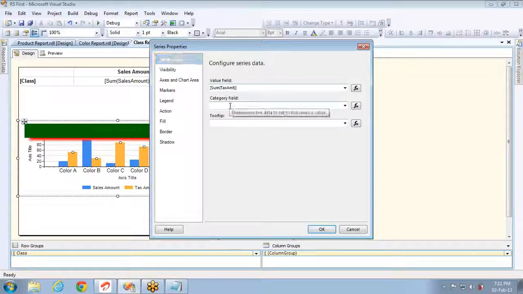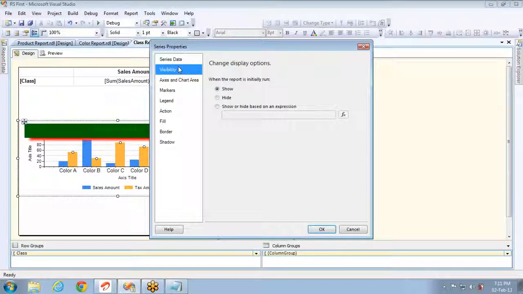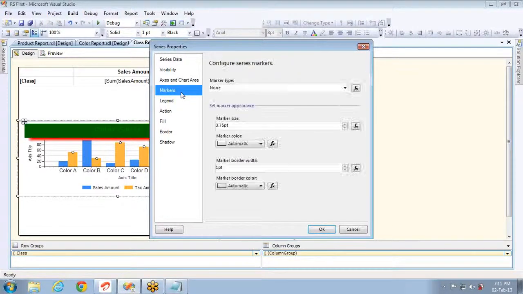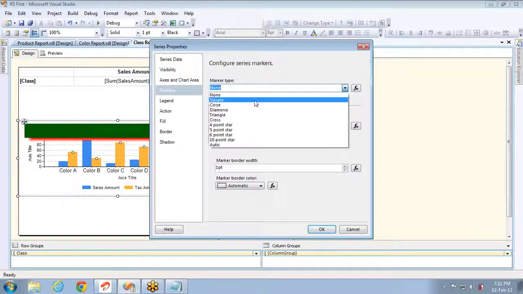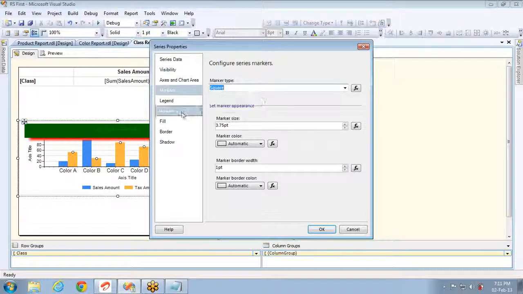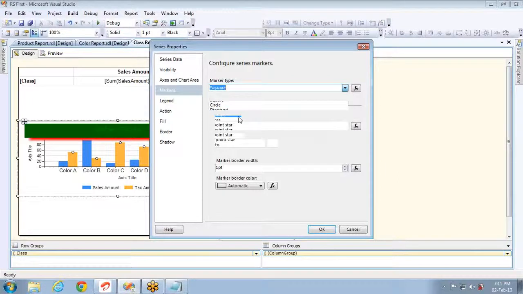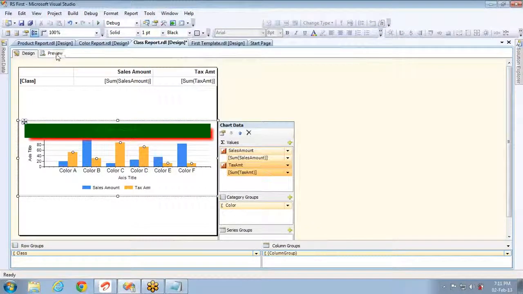So this is the value, and category field is empty. Tooltip if you want to give, I am giving testing. Visibility, this is fine. Area and chart, this is also fine. You don't need to worry about this as this is not that high priority. And markers, this is very important one. You can set some markers. If I select square, you can see square markers on top of the series, or I'll give triangle so that it will be easy to find out. So if I click on OK and preview the report,